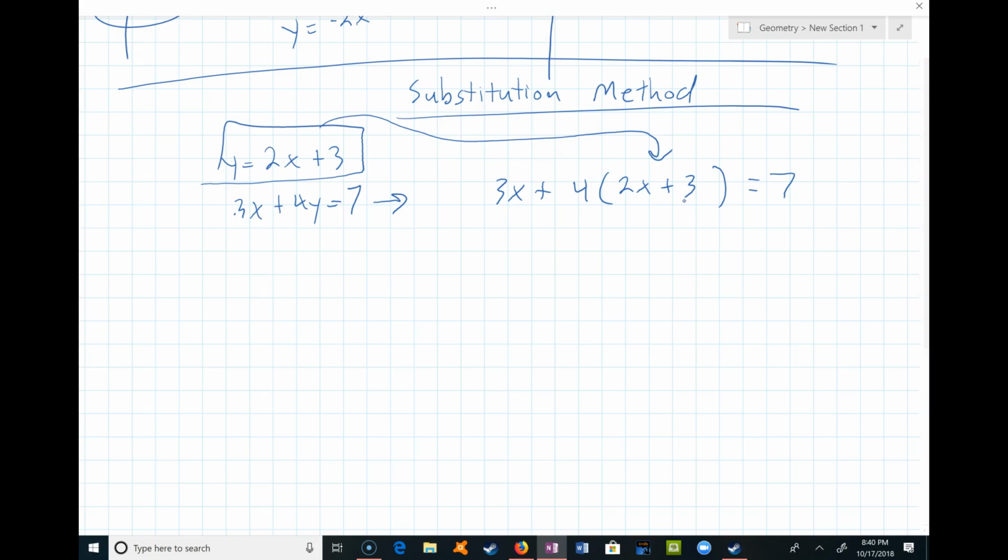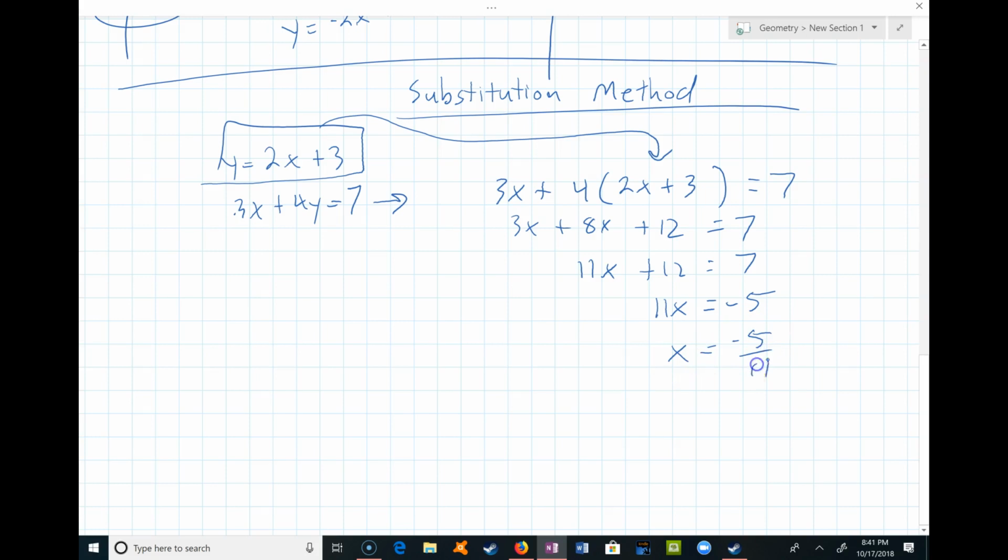So then I've created an equation that only has x's in it, and so I should be able to solve this. That would be 3x plus 8x plus 12 is equal to 7. I can combine like terms. 3 plus 8 is 11x plus 12 equals 7. Subtract 12 from both sides, and I get 11x is equal to negative 5,